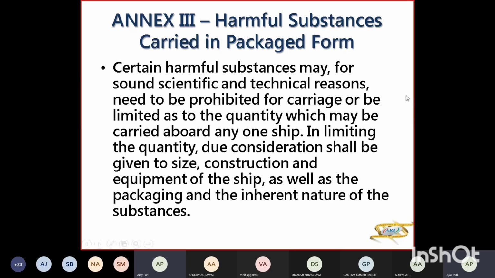Now, certain harmful substances may, for scientific and technical reasons, need to be prohibited for carriage, और या तो उनकी क्वांटिटी को लिमिट करना चाहिए। So, in limiting the quantity, उसकी साइज, कंस्ट्रक्शन, इक्विपमेंट, पैकेजिंग, वैल्यू, सपोज टेम्परेचर कंट्रोल में ले जा रहे हैं तो वो सब कुछ होनी चाहिए एज पर NX3।